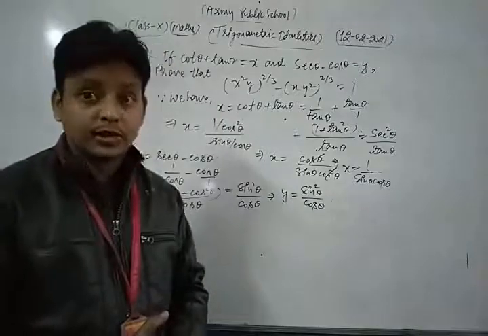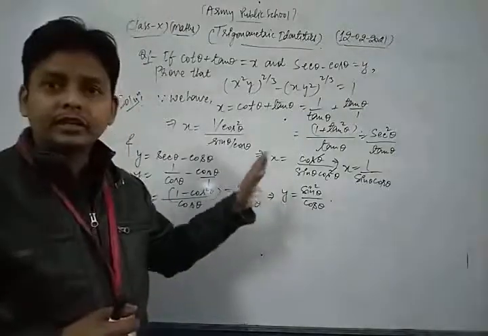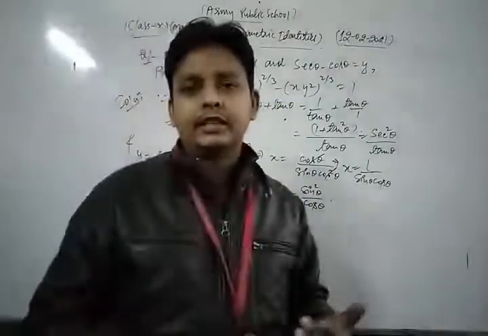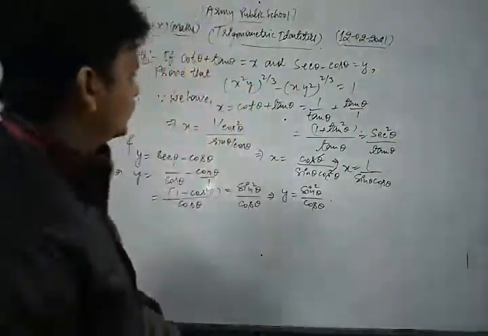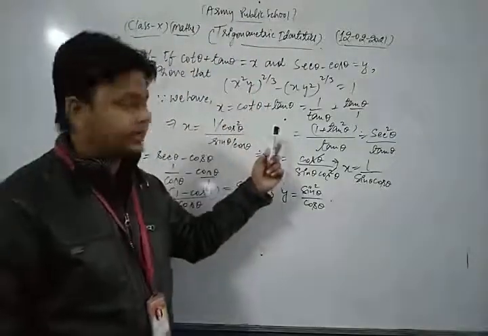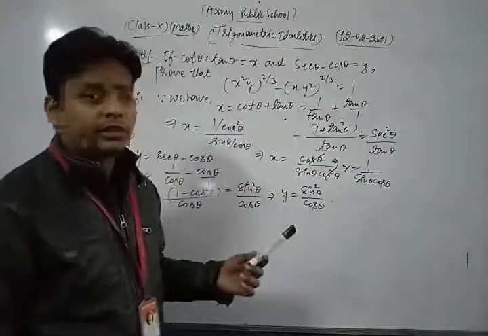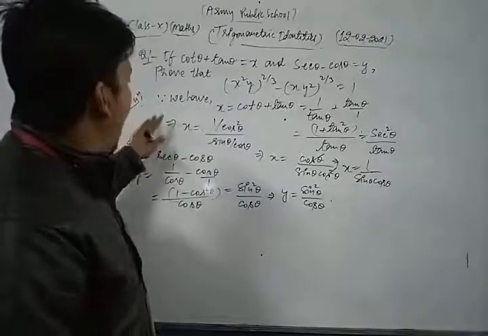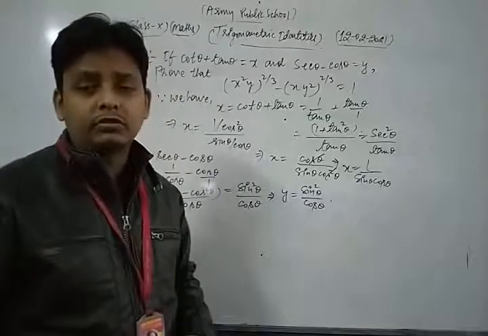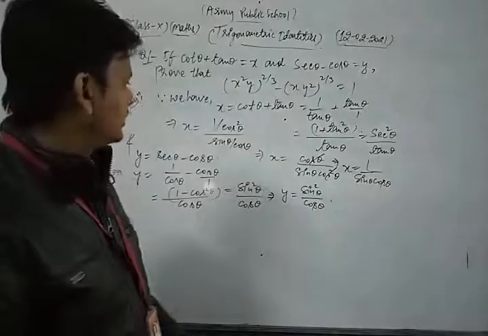Okay dear students, now what do I do? Let's see. So in this way we get the values, and now we take the left hand side of the given question and we put the values of x and y. Okay, so let's see once more. Dear students, first of all we have the value of x as cot theta plus tan theta. Now we know that the value of cot theta is what? 1 upon tan theta, and 1 plus tan theta as it is. Okay, dear friends.